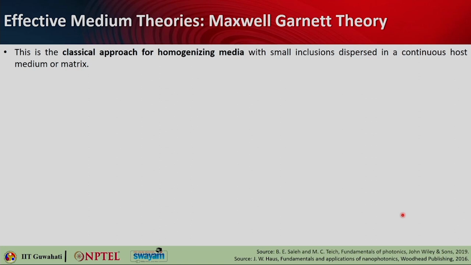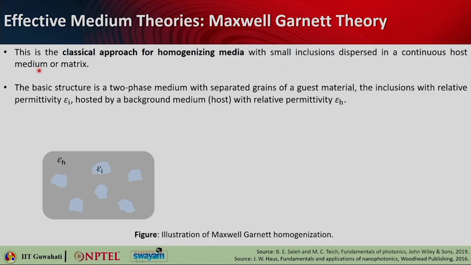Okay, so this is the classical approach for homogenizing media, which has small inclusions dispersed in a continuous medium or matrix. So one particular schematic will make it clear. The basic structure is a two-phase medium with separated grains of the guest material. Here you see the guest material is this one, which has a permittivity of epsilon I. The host medium has a permittivity of epsilon H, okay, and you are supposed to find out the effective